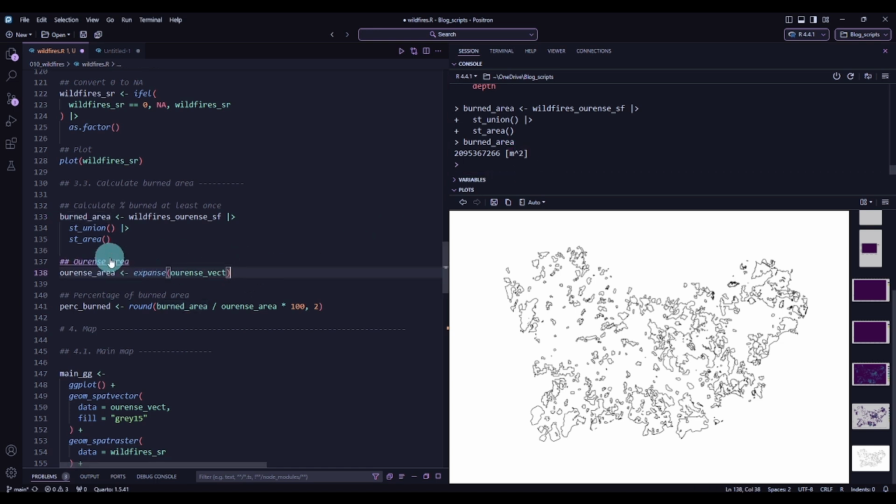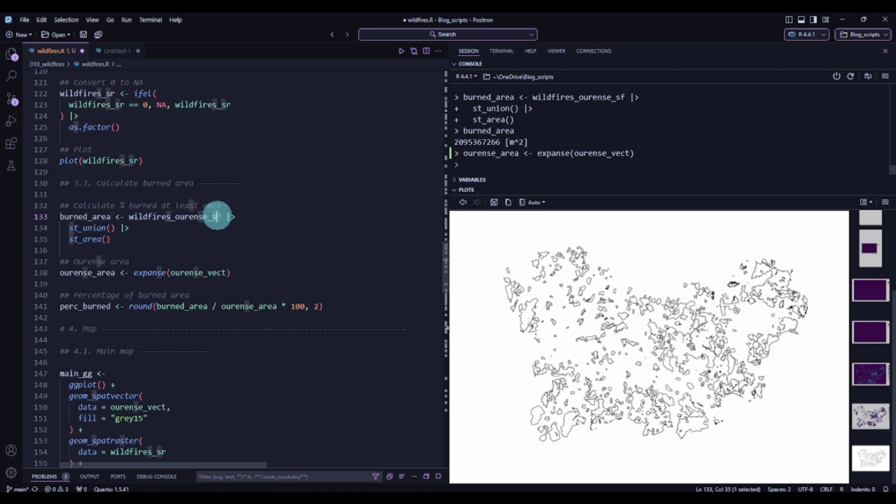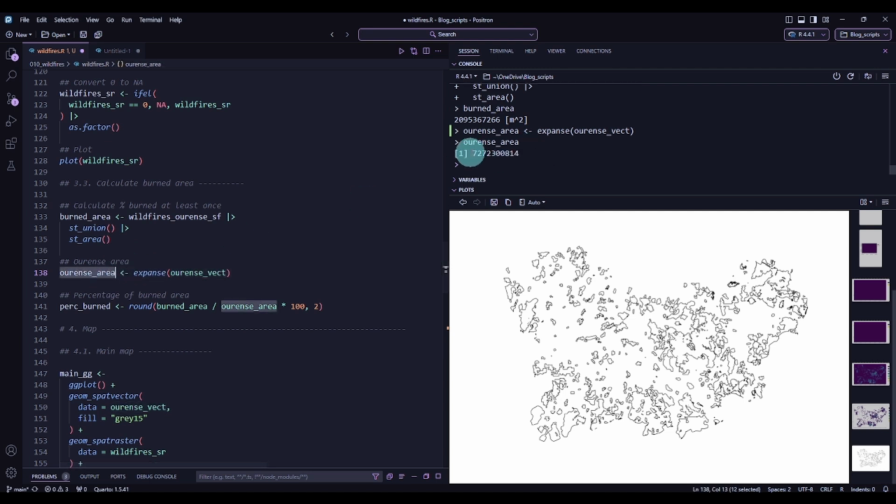The next step is to calculate the area of Ourense. We can use the expanse function, and we are using different functions because this is an object of the sf package, and this one is from the terra package. So if I print it in the console, we have also the area in square meters, and then I'm calculating the burnt area